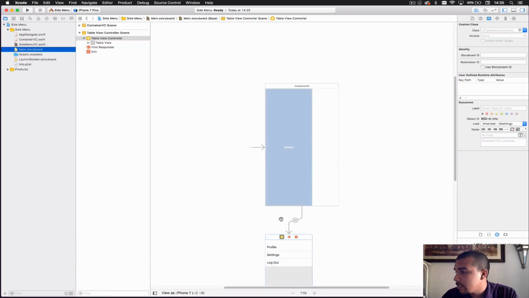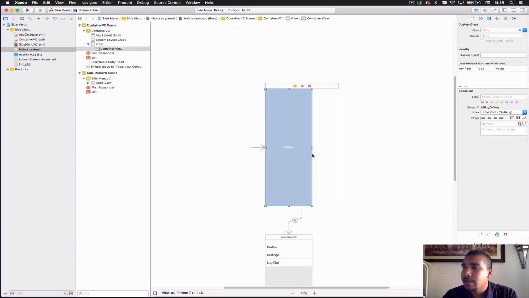Now we'll go back and assign this to the side menu. All right, so now we got that connected. Just like any other storyboard view that you would normally want to do, notice that it is essentially a UIView with special properties of allowing you to embed. So what we're going to want to do is create a second one that does something similar. So let's go back down here behind my head, and you'll just type in